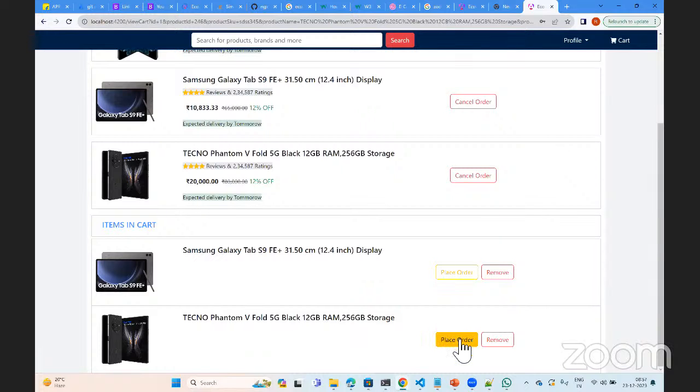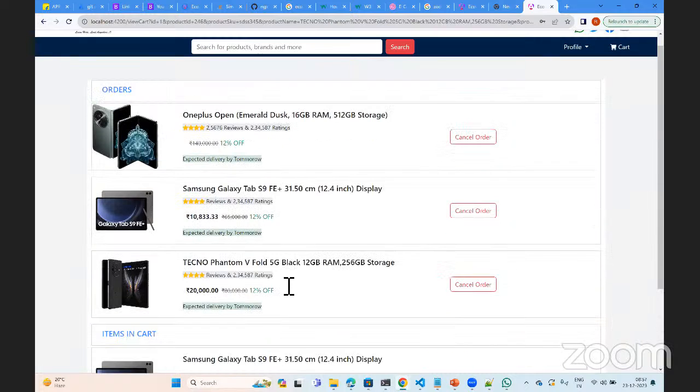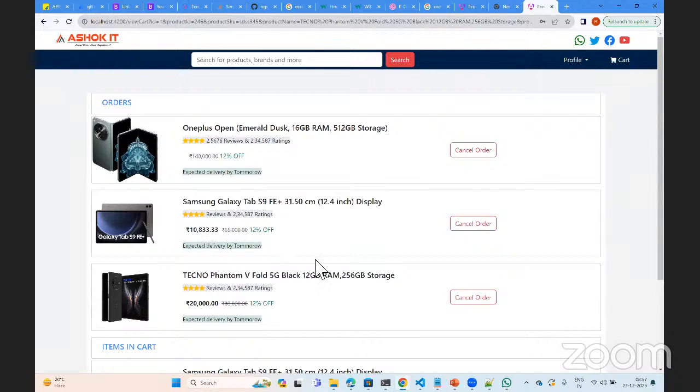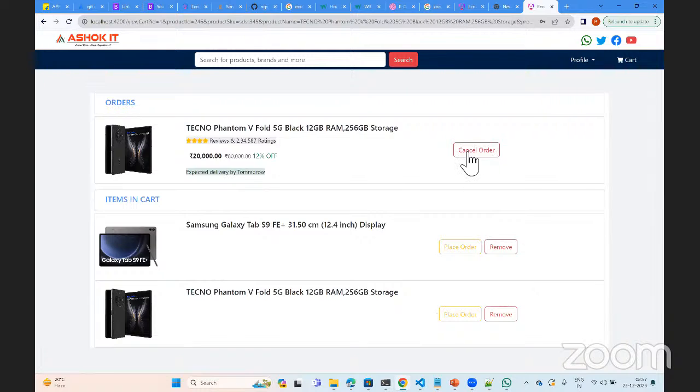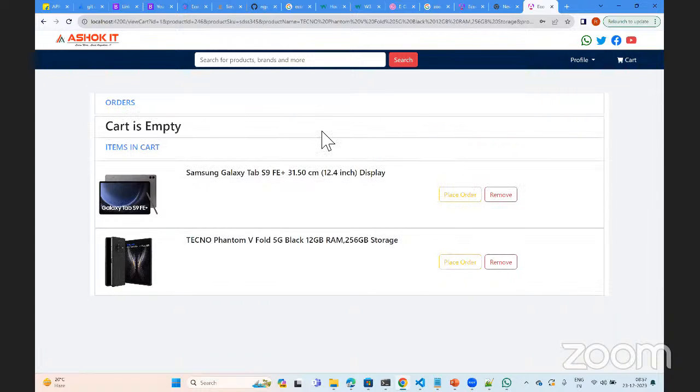If you want to place an order, see here we have three orders. I am going to cancel this. These are the CRUD operations, where you can create, retrieve, update and delete.